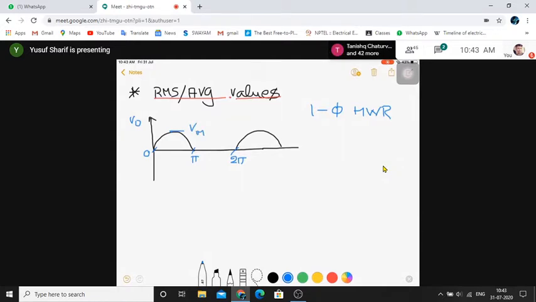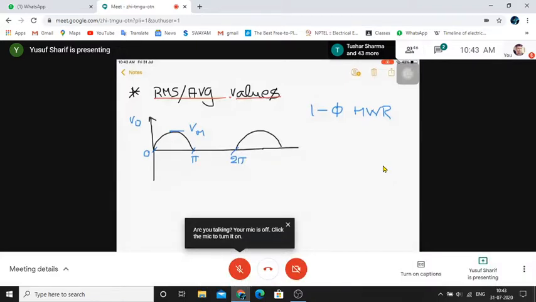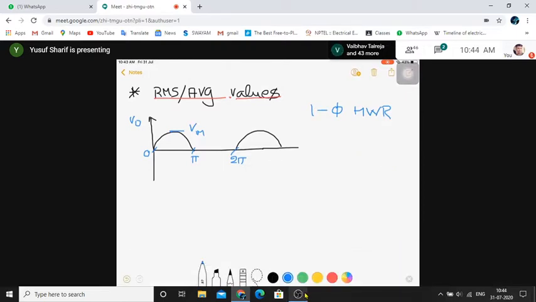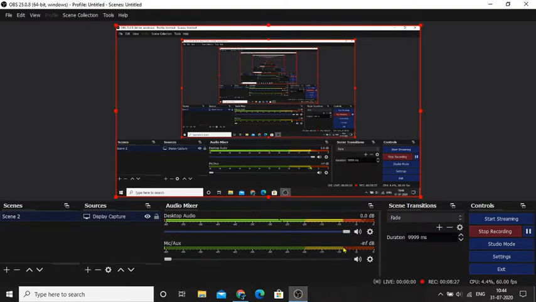Though we will be deriving it, these are terms that should be at your fingertips. When a waveform is given, especially these waveforms, which are very basic, at least these results should be at your fingertips. If a waveform is complicated, definitely we will go for the particular expression to derive the average value and RMS value. What about the average value of this particular waveform? I remember I wrote it in some slide in your previous classes while discussing the half wave rectifier. What is the average value? Anyone?